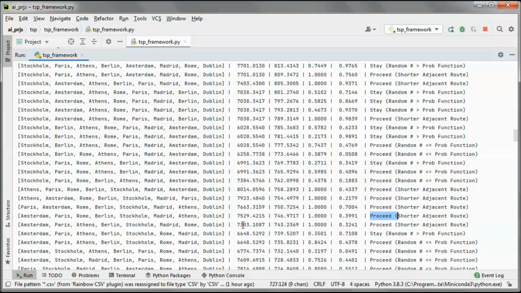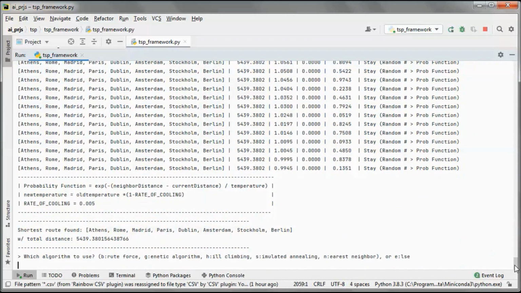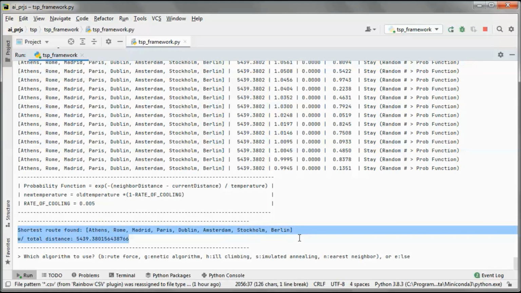And same thing here, we have this distance, so we proceed, etc. Until here we can no longer make any changes. So we ended up with this as the shortest route found with this total distance.